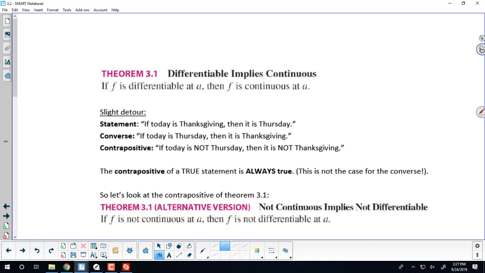So the following theorem might help with graphing derivatives as well. The theorem states that if your function is differentiable at A, what does it mean to be differentiable at A? Differentiable is associated with derivative. If the derivative exists. So to be differentiable means that the derivative is defined